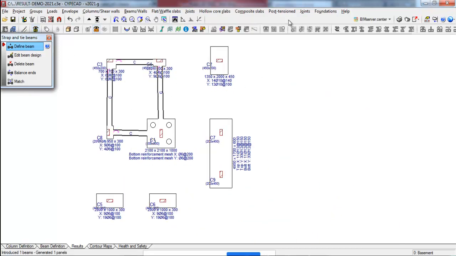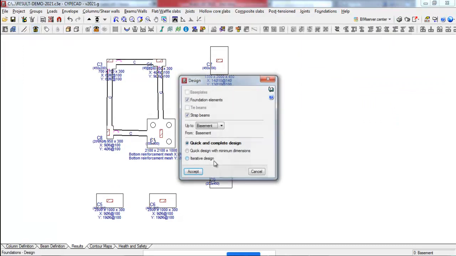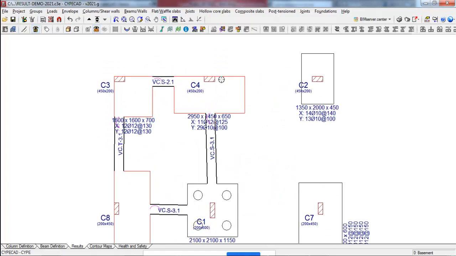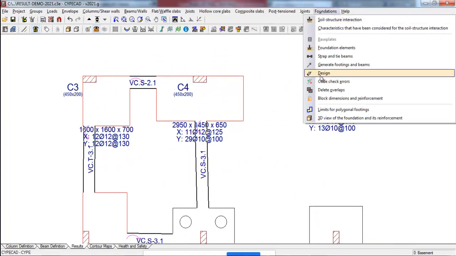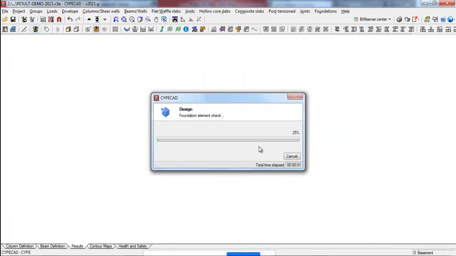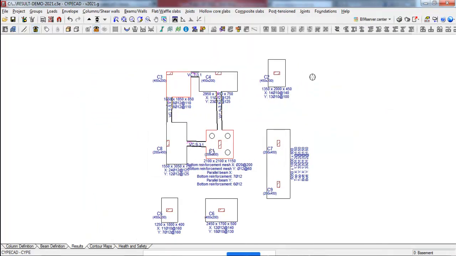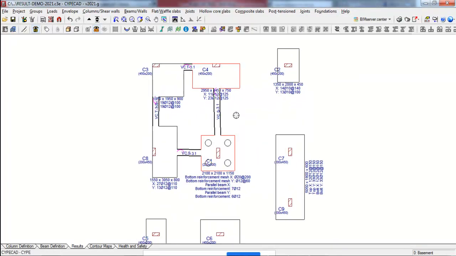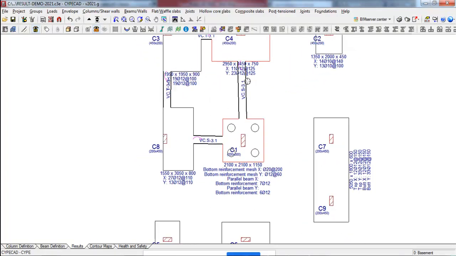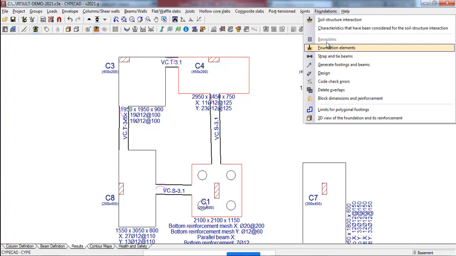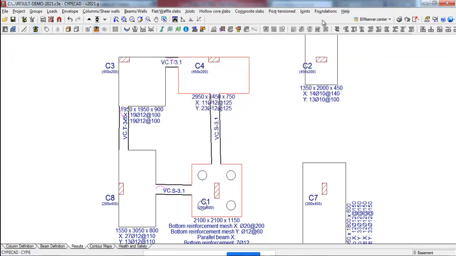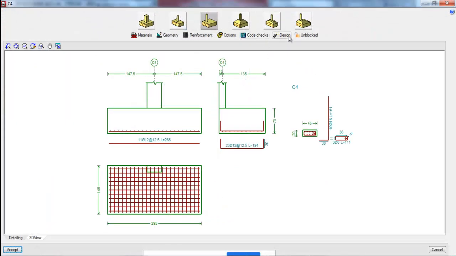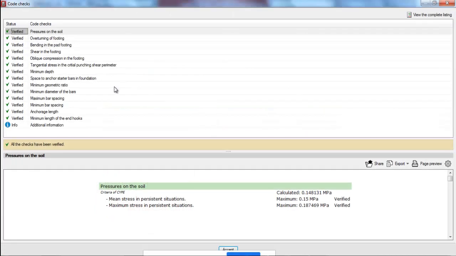Okay, and then let's do a general design. If I give a design completely, now the complete design is being done. In case you find some of the footings are in red color, that means the design still needs to be done, iterations are to be done. So I am just doing it again and again, so that I can get the clear design. Okay, now if you want to see the 3D view, I still have this in red color. Let me go to edit, click on this and then do the design. Now code check, see everything is perfect.